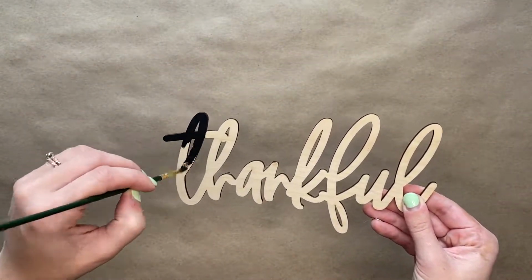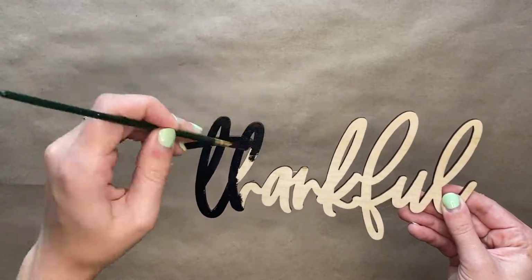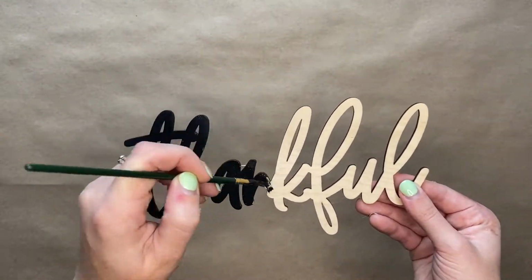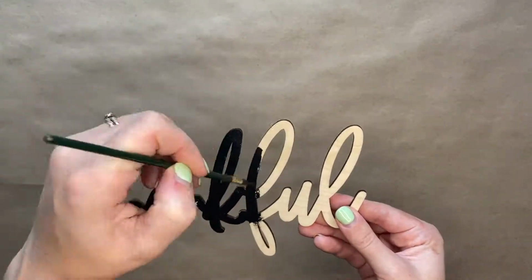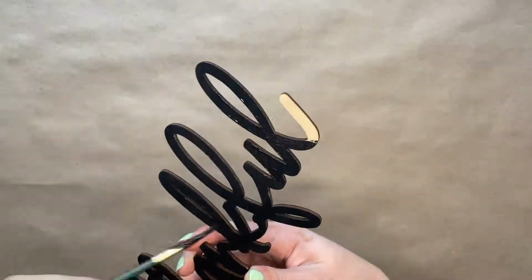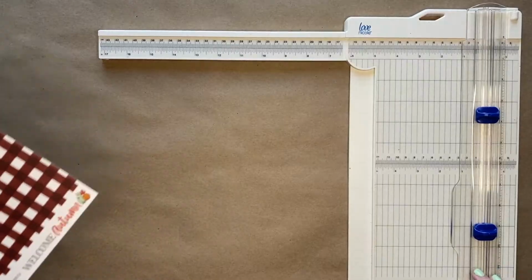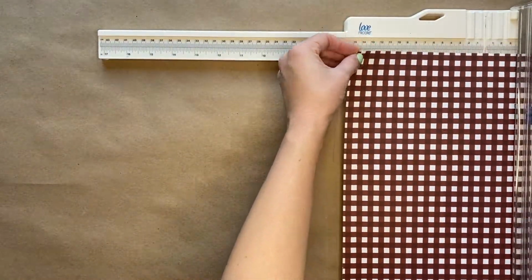The first thing you will do is paint the wooden word thankful in black paint. Don't worry about painting the sides or the edges, just make sure the front of it is painted black. Set it aside to dry once you finish, and then you are going to grab your paper cutter and red